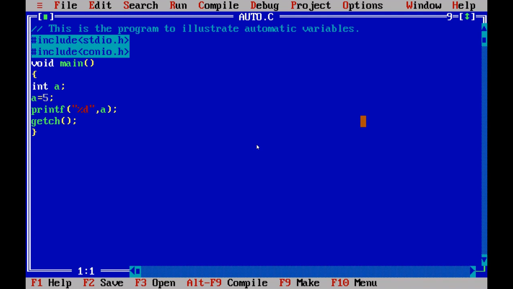This is the comment section that I have given here as usual. Then I have included the header files stdio.h and conio.h, and I have declared the variable as int a. I haven't defined any storage class here, but by default it will get stored in the memory locations only. And here I'm assigning 5 to the variable a, and I'm printing the content of the variable a.